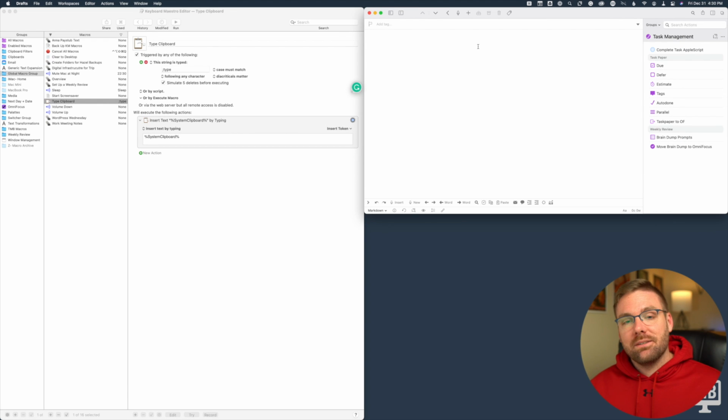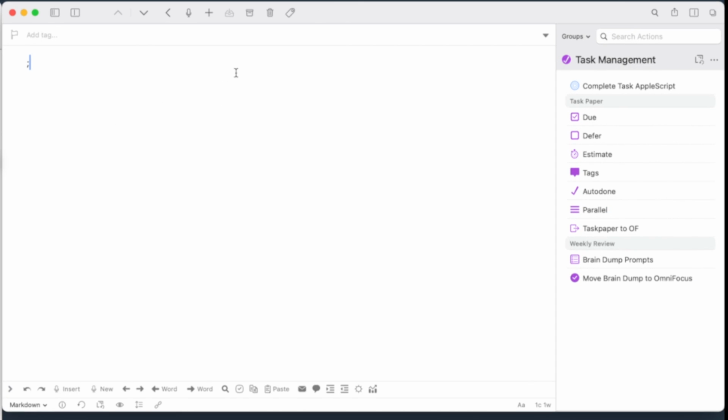They're trying to help somebody, but you're not the person who needs that help because you have a password manager. So by just hitting, for me, I use semicolon, and then I use a typed string trigger that is just type, TYPE. And if I do that, it will paste my clipboard.